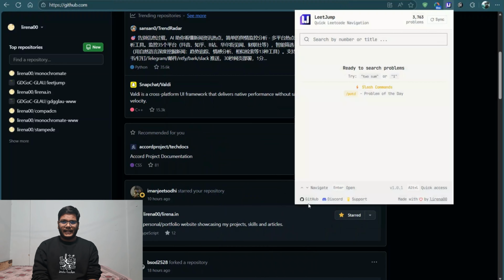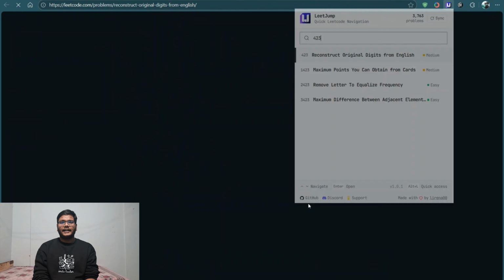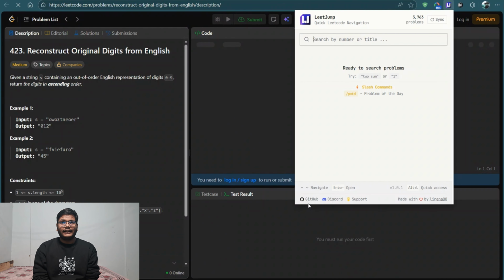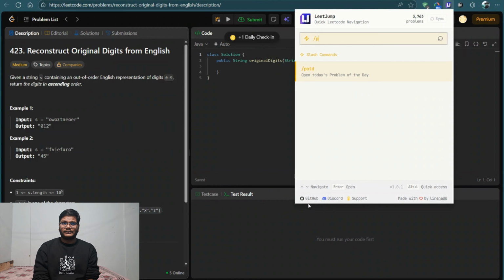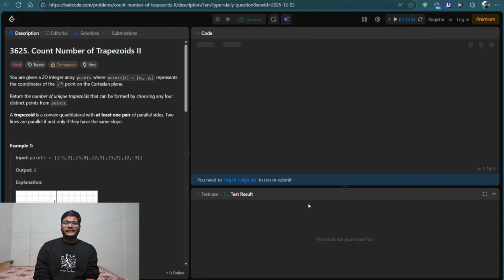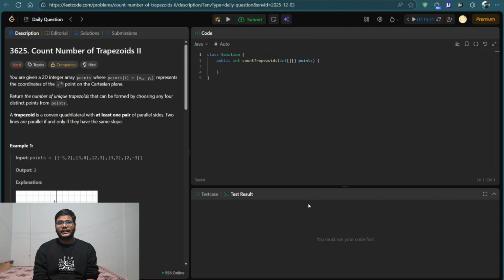With Leetjump, your new workflow looks like Alt plus L, enter ID or name, and hit enter. That's it. With it, you can even access the problem of the day directly with the help of slash commands. And oh boy, there are a lot of them. Also, it's lightning quick since it stores all the data locally in IndexedDB and syncs that at regular intervals of time. You can feel free to check out the code while you are at it because it's open source and